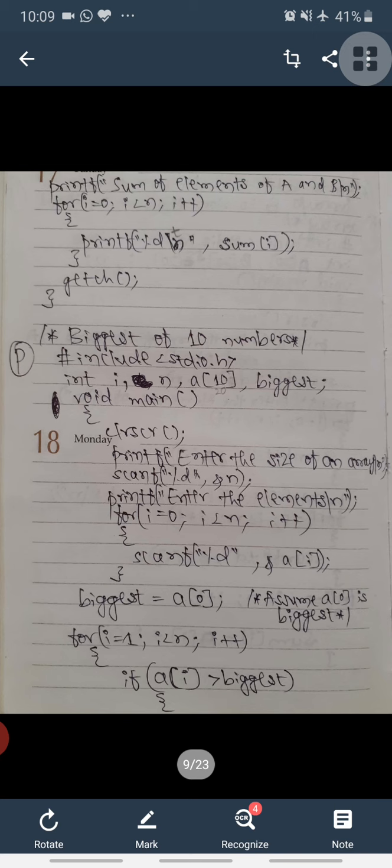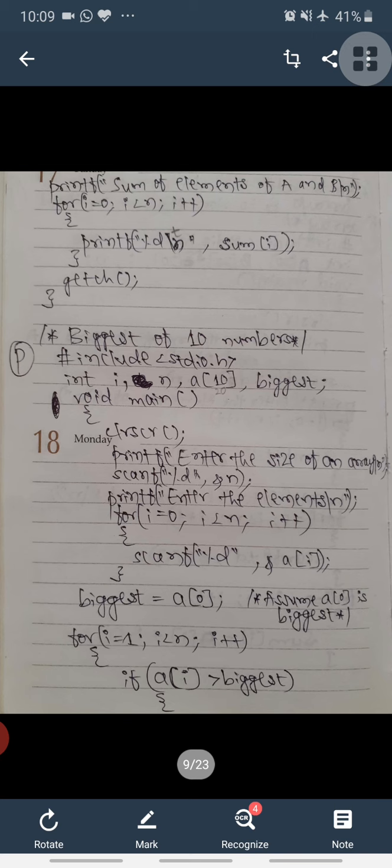And here the next example is we are going to find out the biggest of 10 numbers. In the first module you have already written one program to find out the biggest of 2 numbers and biggest of 3 numbers. But here, if the numbers are more than 3, like 4 numbers, 5 numbers, 10 numbers, 100 numbers, 200 numbers, 1000 numbers, 2000 numbers, then ultimately we have to use one powerful data structure to store all these values,